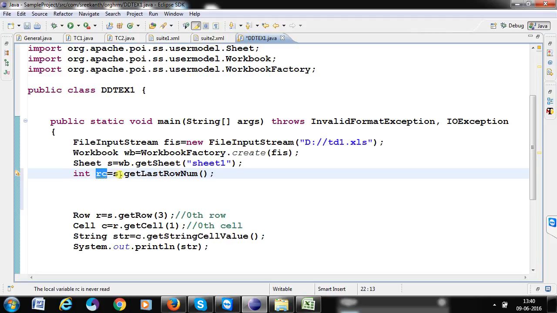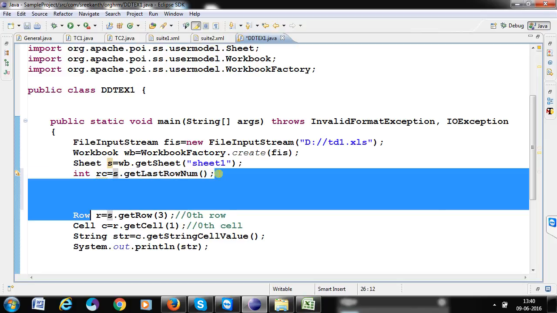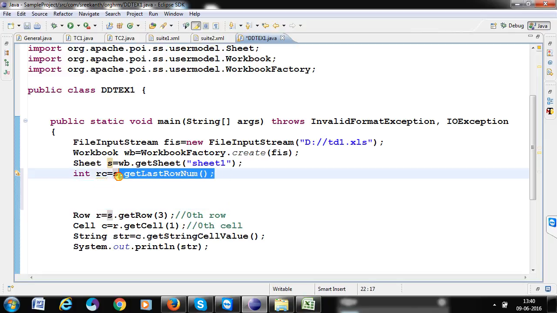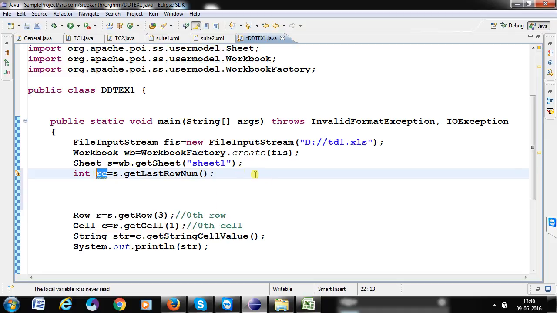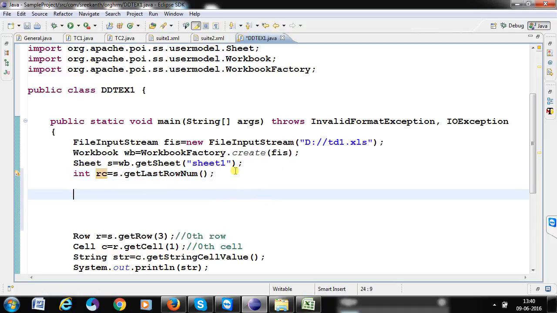If you want to find the rows, first you find the sheet, and inside the sheet, S dot getLastRowNum. It gives the last row, and it stores the numeric value into this variable, because I am declaring an integer and it is giving the count. Depending on this,